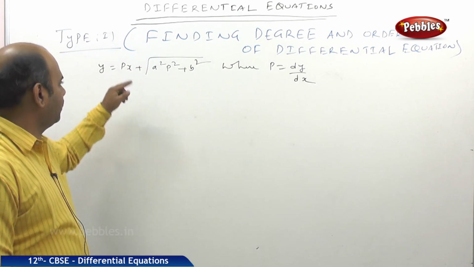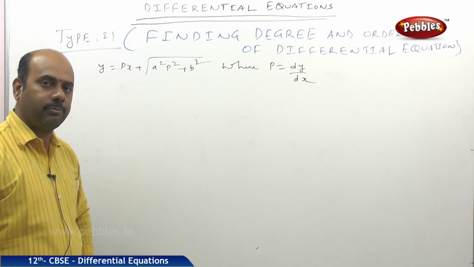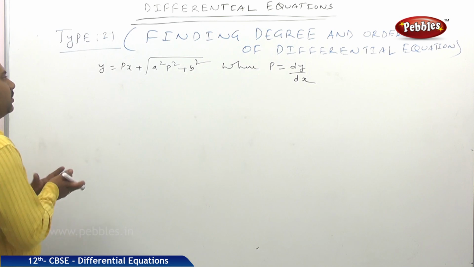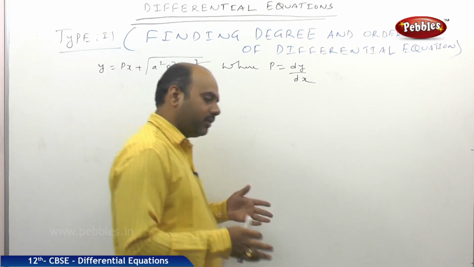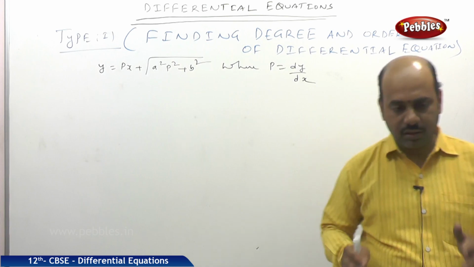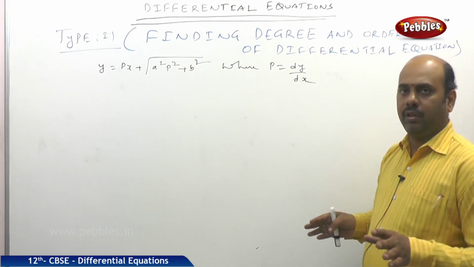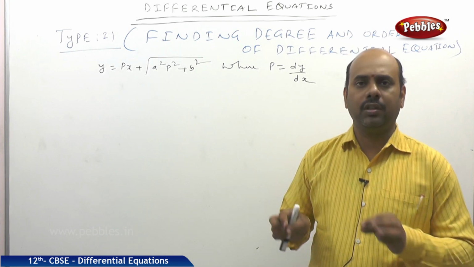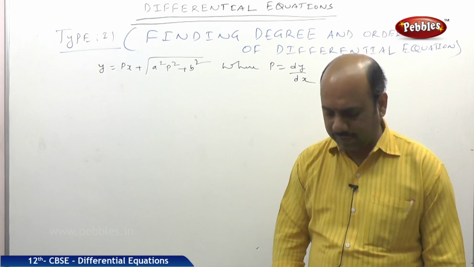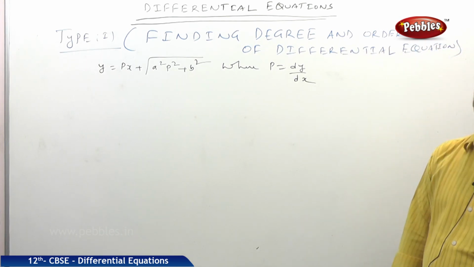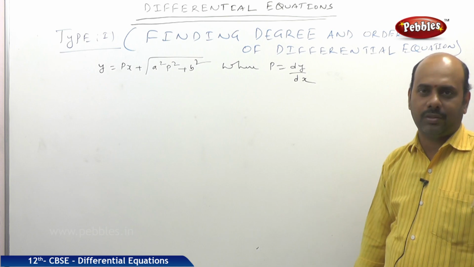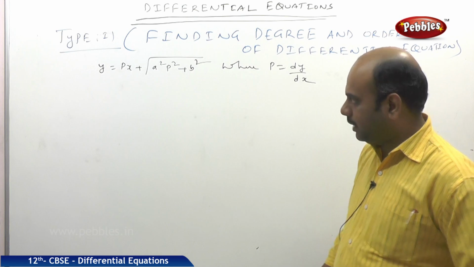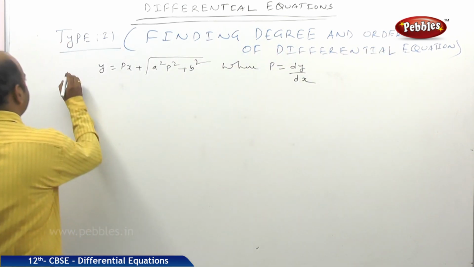This is also an important question where you need to find order and degree of the differential equation y equal to px plus under root of a square p square plus b square, where p is equal to dy by dx. So always remember, for finding the differential equation, we need to involve terms which are free from radicals. That means for forming a polynomial equation, all the terms should be free from radicals. Radicals means there should be no terms involved as power 1 by 2, power 1 by 3, 3 by 2, like that. So what I will be doing, this will be given.